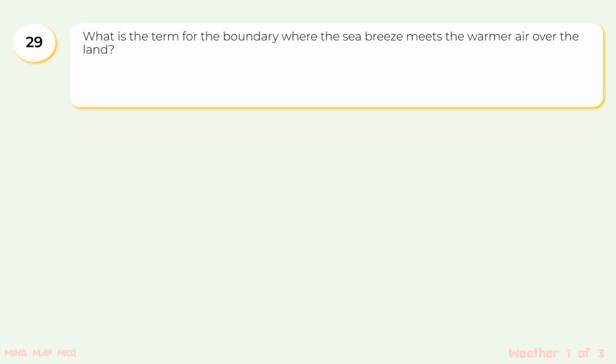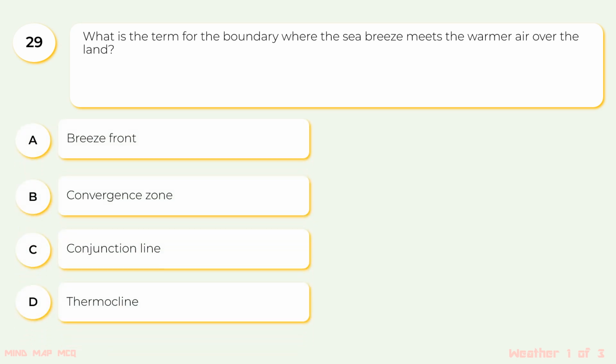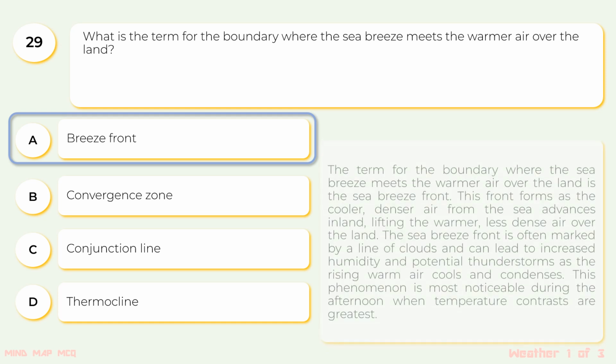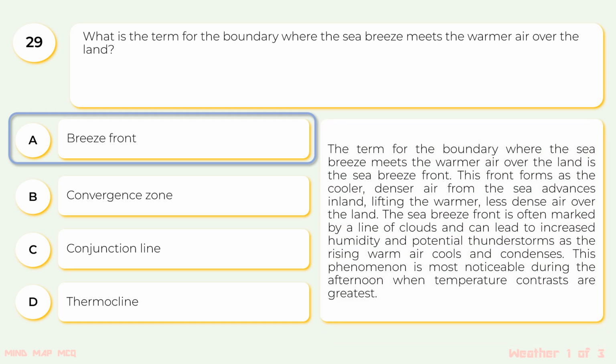29. What is the term for the boundary where the sea breeze meets the warmer air over the land? The options are A. Breeze front, B. Convergence zone, C. Conjunction line, D. Thermocline. The correct option is A. Breeze front. The term for the boundary where the sea breeze meets the warmer air over the land is the